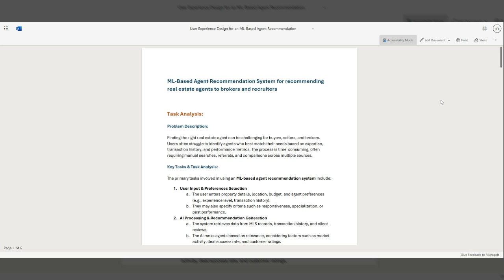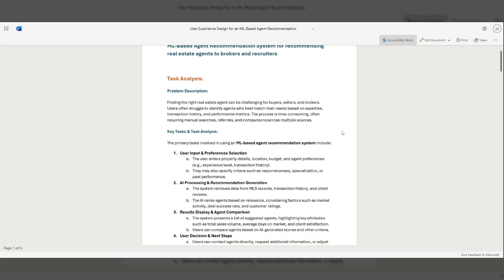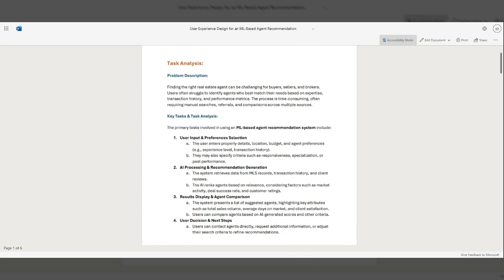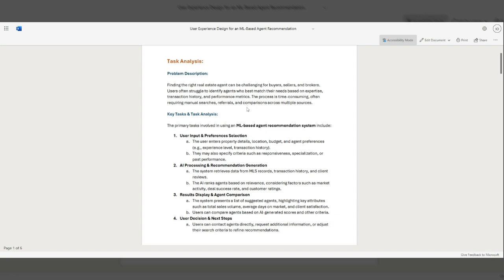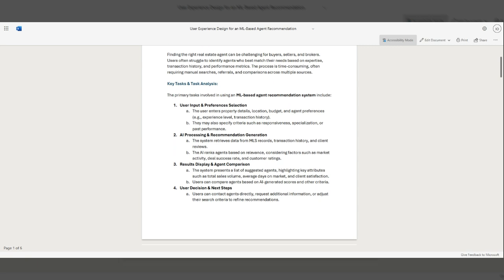Hello. So we're looking at a machine-based agent recommendation system for recommending real estate agents to brokers. For task analysis, the problem is to find agents that fit a real estate brokerage. Okay. So for key task analysis, the primary tasks involved in using the agent recommendation system include